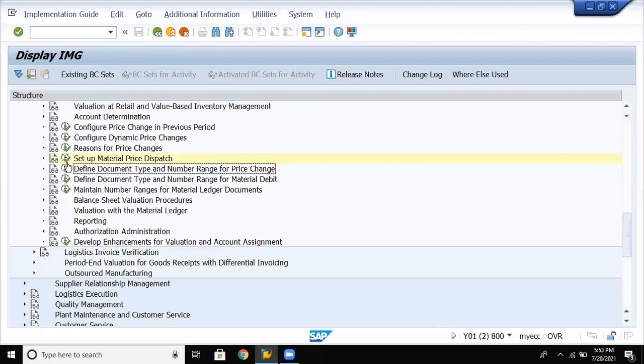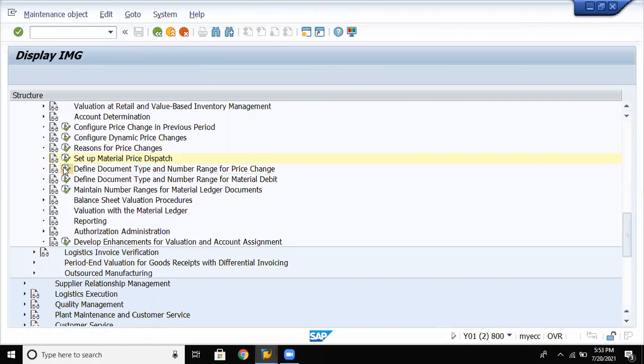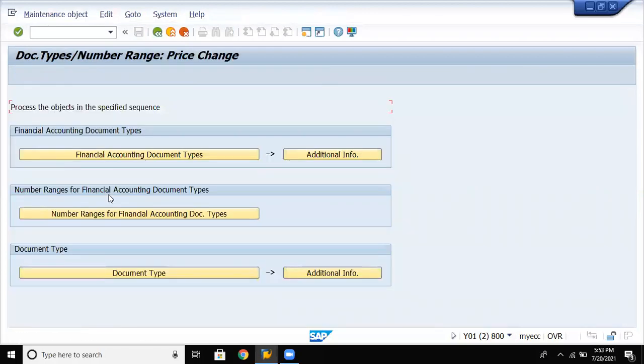Define document types and number ranges for your price changes. If there are price changes, it will update us. So here it should mention what price changes are being updated, so number ranges for your price change.